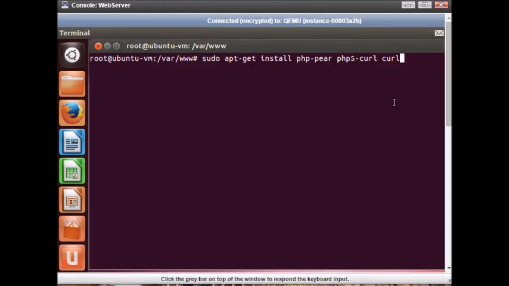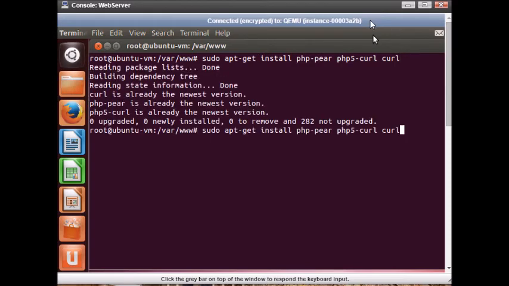Now to install the PHP CAS client, we first install PEAR. The PHP PEAR is then used to download and install the CAS client. So this command is used to download the CAS client.